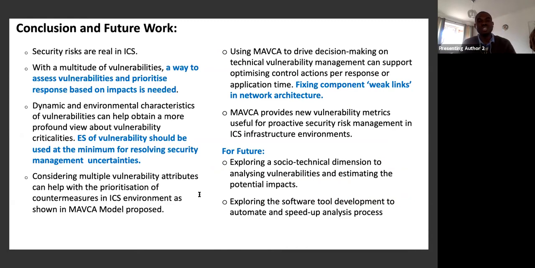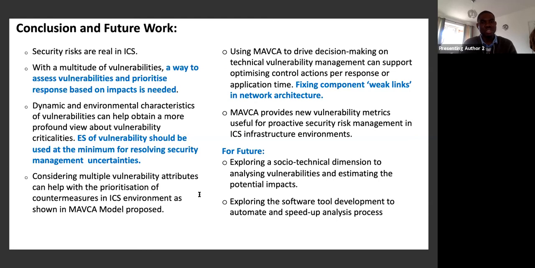And our model has shown that it is possible to address this. So we think that using our model to drive decision-making on technical vulnerability management can really support optimizing control actions per response on applications. And that way, we're trying to support fixing the component weak links within a network. So MAVCA provides this, and even the metrics with our model, we're able to provide a couple of other metrics that can be thought about and considered even in a large scale or even a broader security